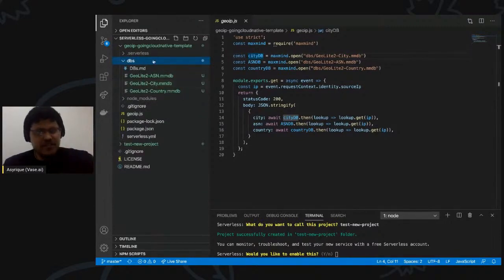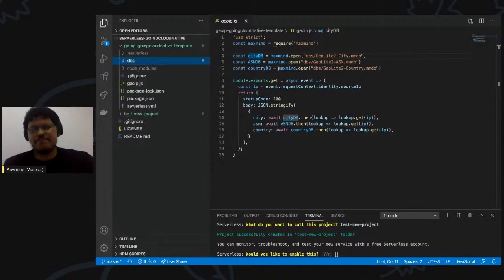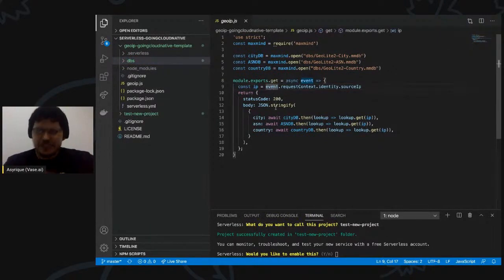This code will actually be available on a repo that I have the link to at the end of this talk. So you can go and run it yourself, but you'll need to sign up for a free account in order to download these MMDB files. And then I have an event here, which basically will get the IP from the request that's coming in. And then it will return back the city, the ASN, and the country. All right, so then based on this, I can decide, okay, I want to show maybe the app in a specific language that is tied to the country that the particular visitor is coming from.